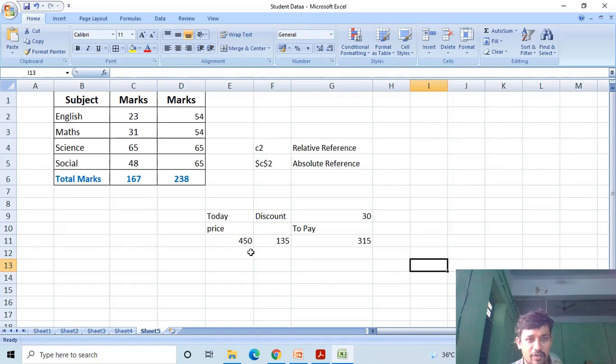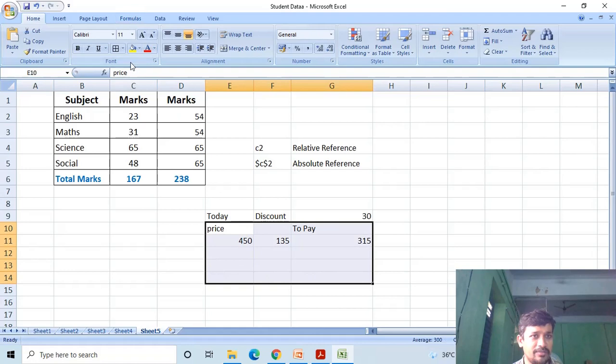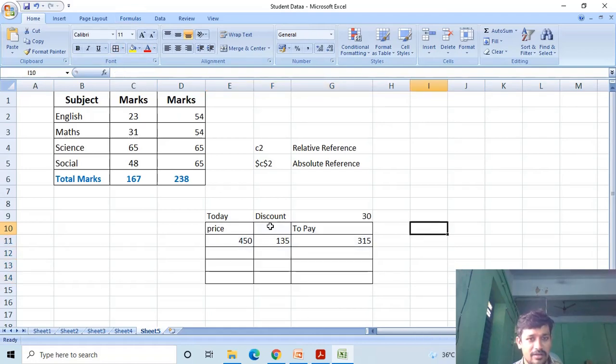Okay, if you observe, this is a salesman table. Here is the price of a product. One product price is 450, discount is 135.